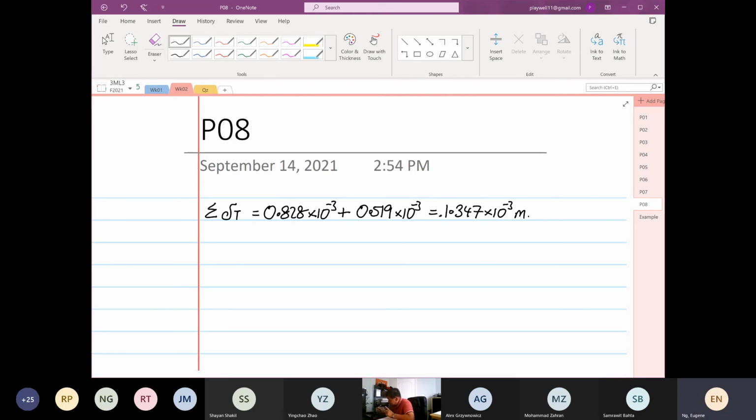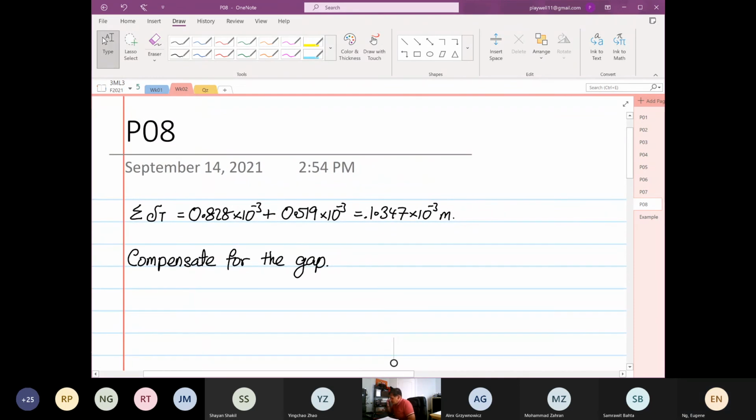So the next thing that we have to do is compensate for the gap. Okay, we have to include, or we have to compensate for the gap. Okay. So now, watch this. So if there is zero gap, okay, let me elaborate. If there is zero gap,